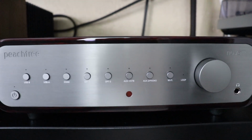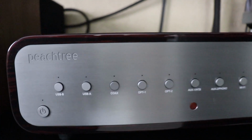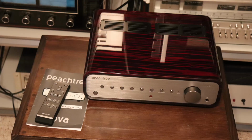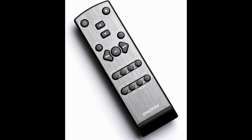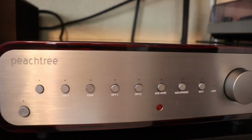As I mentioned at the beginning of this video, one thing it does have that the SX-1980 doesn't have is what? A remote control. So that's not anything really trick, but it's something that the old vintage equipment doesn't have. So there you have the Peachtree Nova300. And now for the winner of the functionality category,